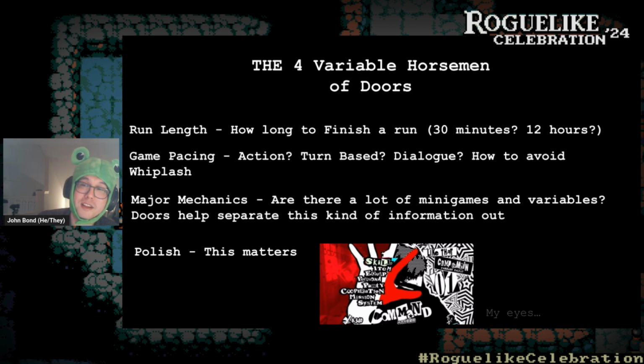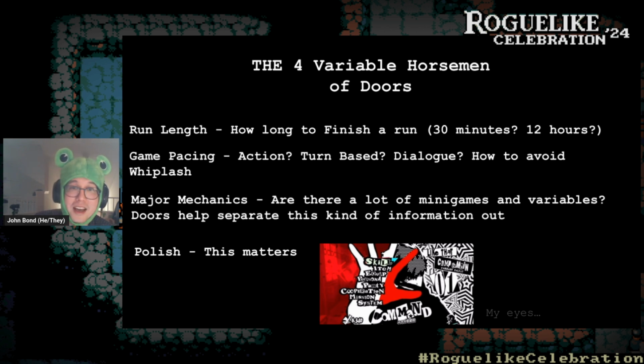The more polish you have, the less everything else matters. Players will accept a lot if polish is good. Like I have an example here, the Persona 5 menus. This is an awful menu in terms of time it takes to get anything done in that game. But people don't tend to complain about this because even if they have to wait a lot, the polish is incredible on it, and so you love them no matter what. Maybe not you, but in general, people love them no matter what.